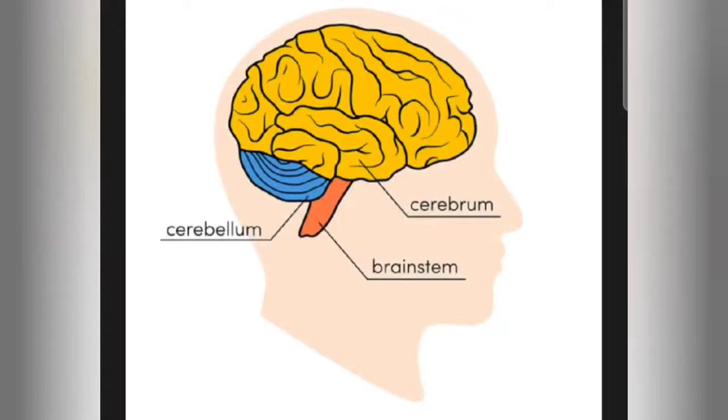So students, this is the picture of the human brain. This is how our brain looks, and this is the exact location of our brain. Okay, so as I have told you, the 3 main parts of the brain are the names you can see here as well: cerebrum, cerebellum, and here it is written as brain stem, which is the other name of medulla oblongata. I have told you previously, right? So cerebrum, cerebellum, and medulla oblongata. So now I am going to talk about these 3 parts in details, their location, their function.